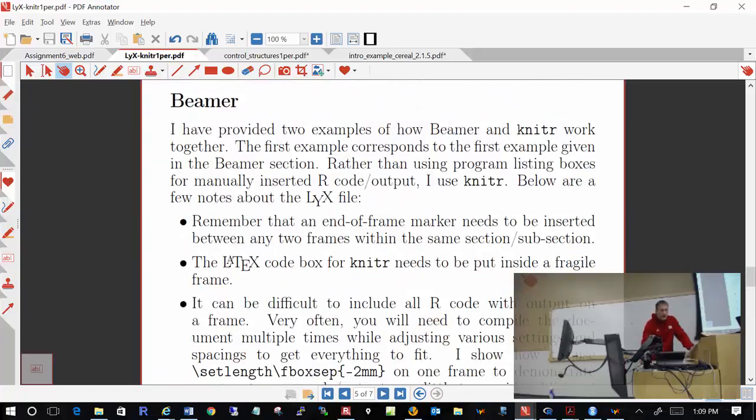Okay. Can you use knitr with Beamer? Again, we were using Beamer before to help construct presentations. And the answer is yes. I have provided 2 examples on my website that you can download and investigate on your own. In particular,